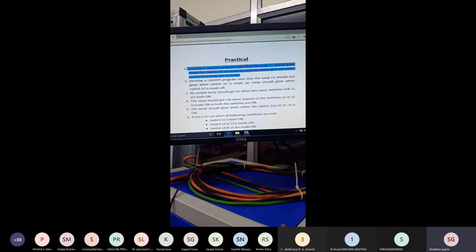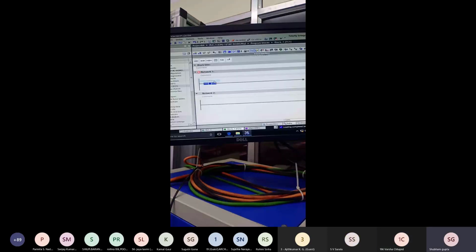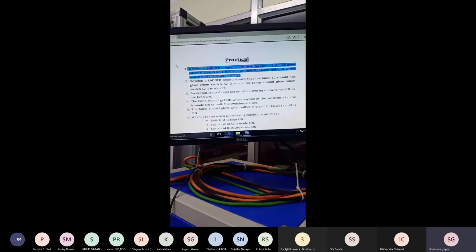Which kind of switch do we use for that? Normal NO, sir. NO. We use NO contact.